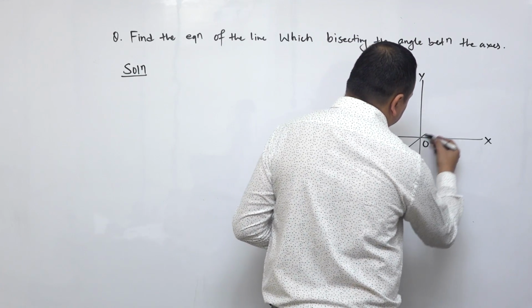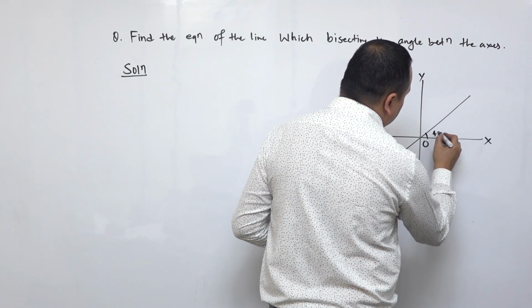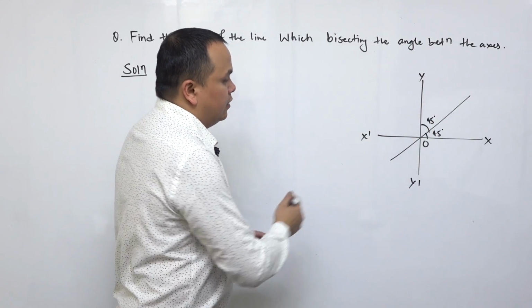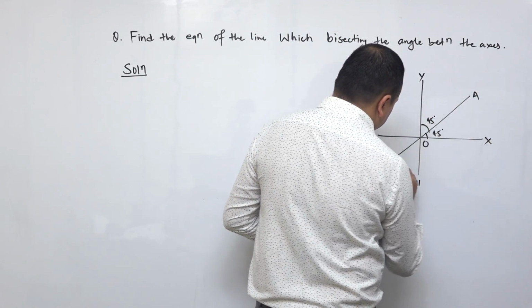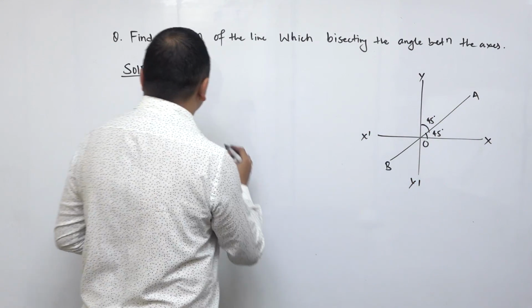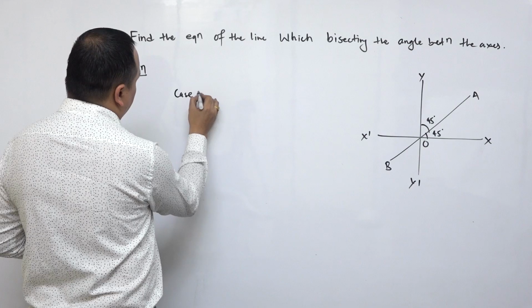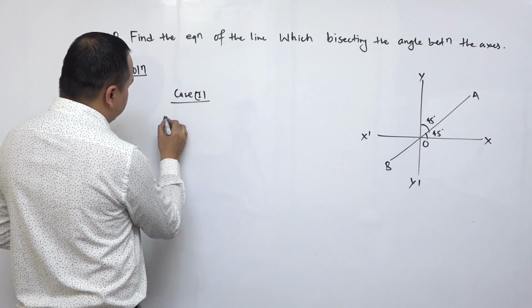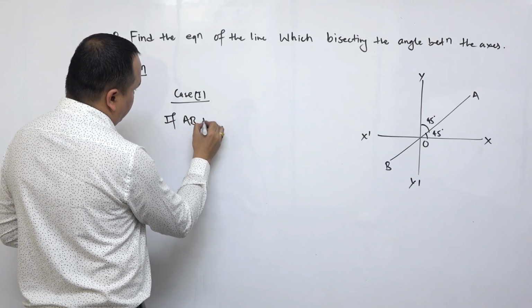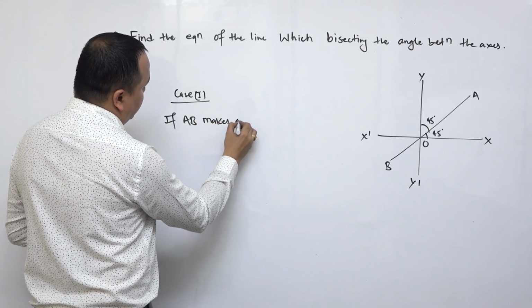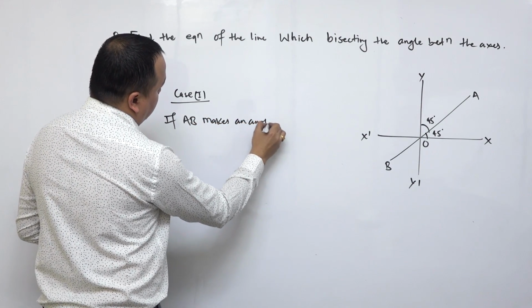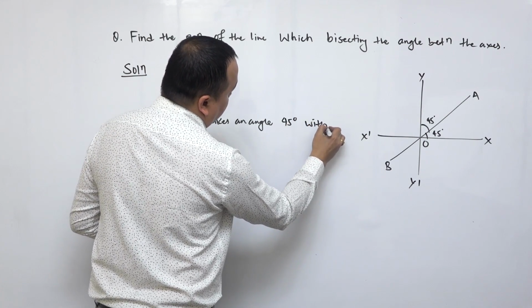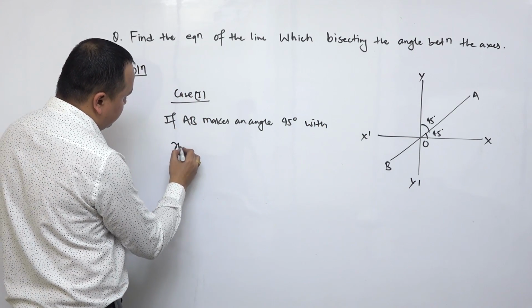One is this, 45 and 45. Case 1. If AB makes an angle 45 degree with x-axis,